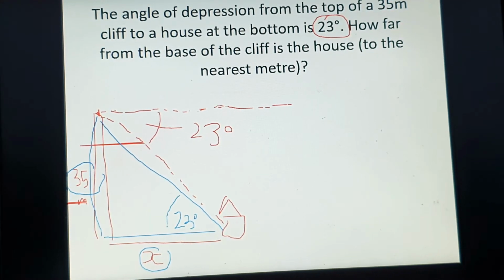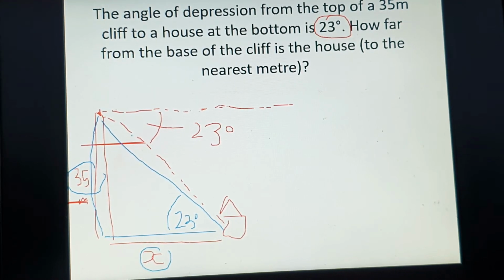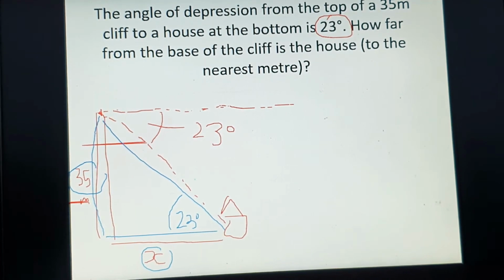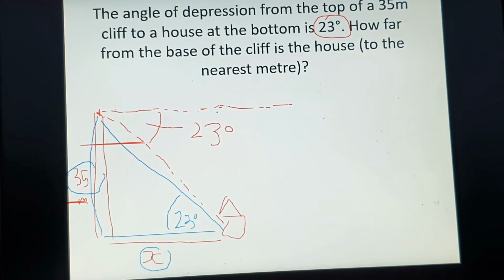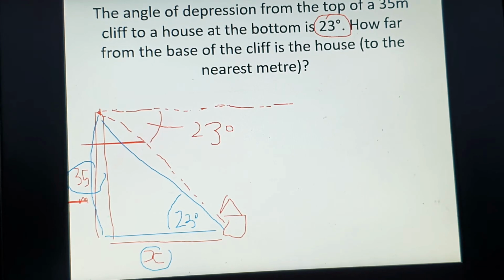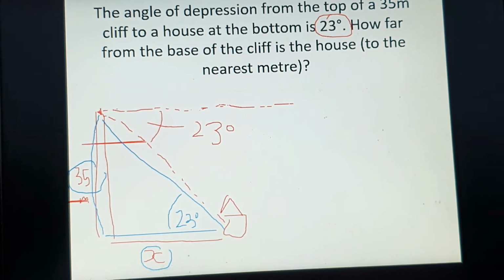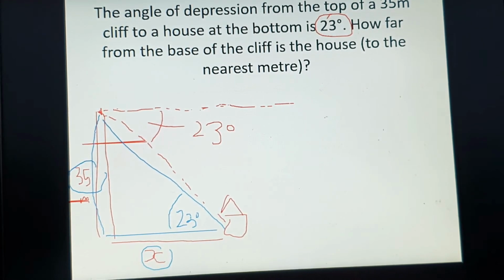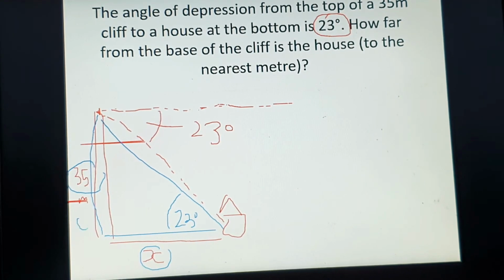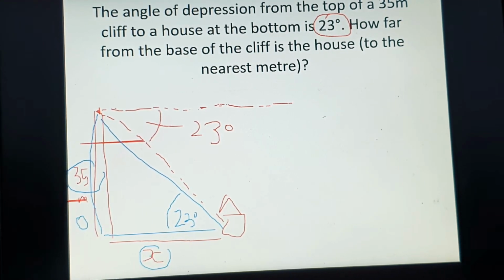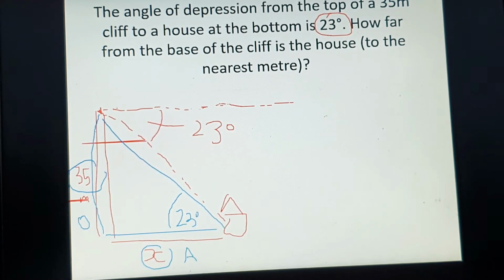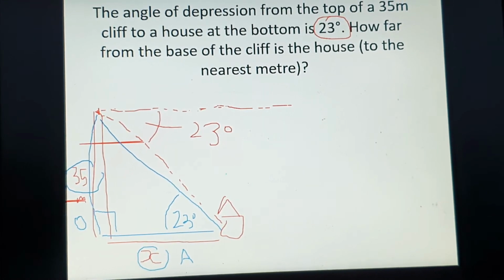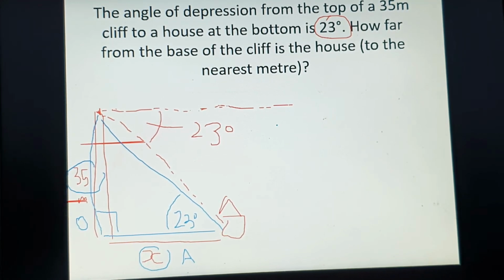Remember, we said before, if something is looking down at you at an angle of depression of 23 degrees, then you'd be looking up at it at an angle of elevation of 23 degrees as well. So, because you can see the Z shape, these are alternate angles. So now we've got our triangle, and we're going to write down what we've got. If this is our angle, 35 would be our opposite. So I'm going to put an O there, and X would be my adjacent because it's right next to it, and it's not the hypotenuse because the right angle would be right here. And so we once again have to use the